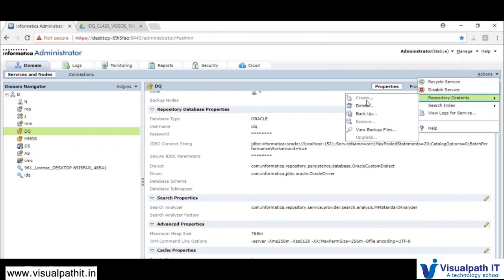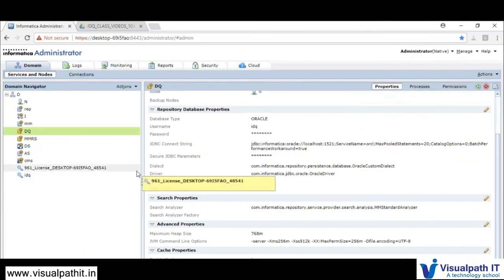As you already created, it is not showing the create button. If you did not prompt for create, then this create option will be enabled. So that is about the model repository service, which is your very primary service.